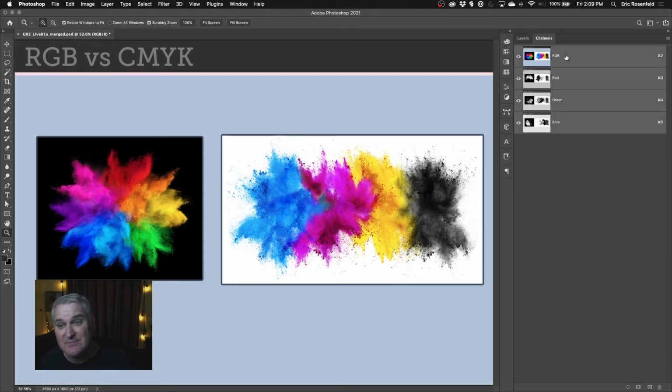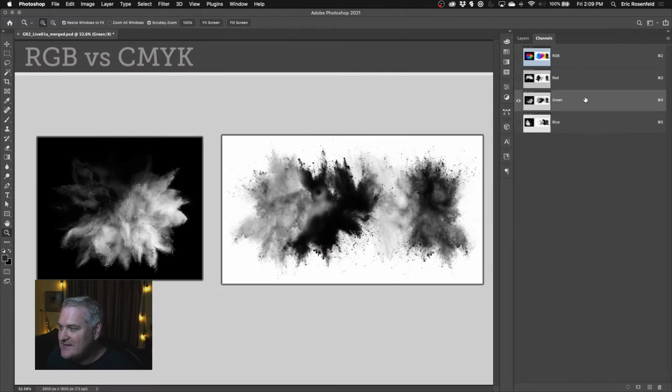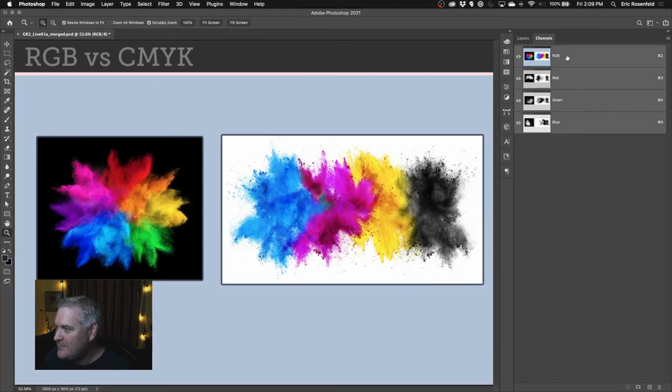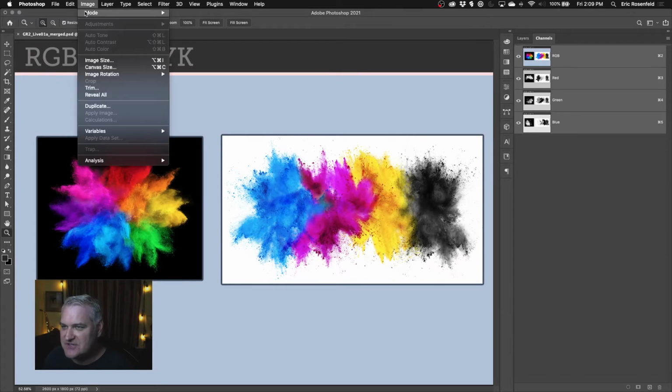This is what made Photoshop very special, and it allowed us to do everything we needed to do in the early days of Photoshop. These days, you're not going to your channels quite as often. There are some high-end or old-school techniques where we might use these channels. But even if I change the mode from RGB to CMYK,